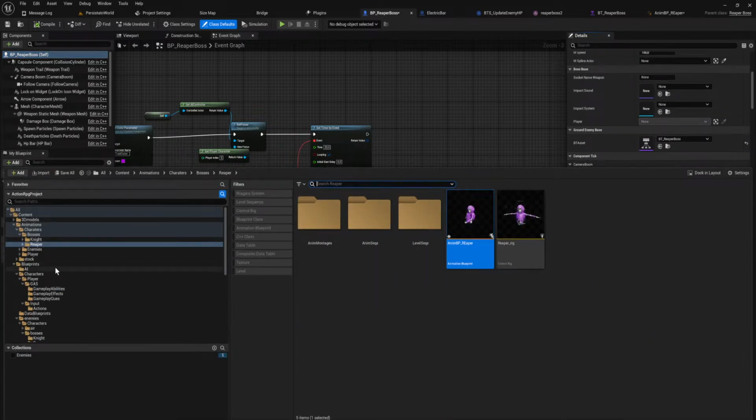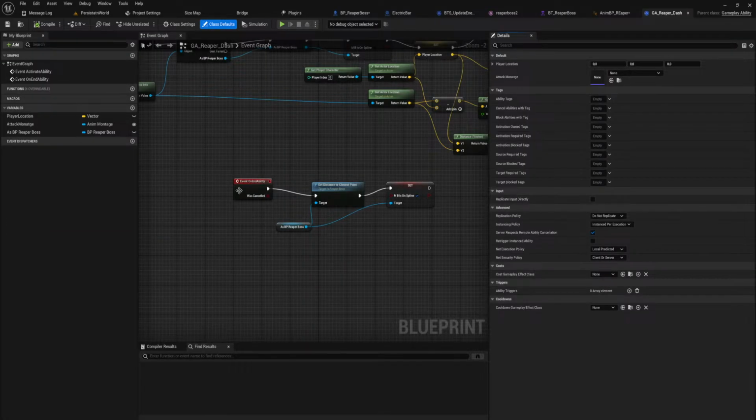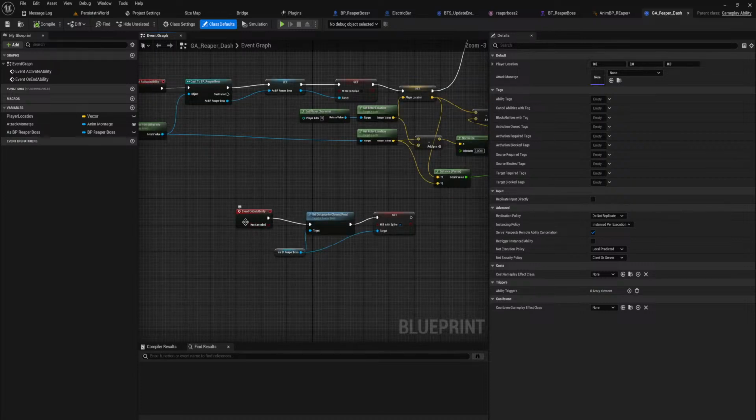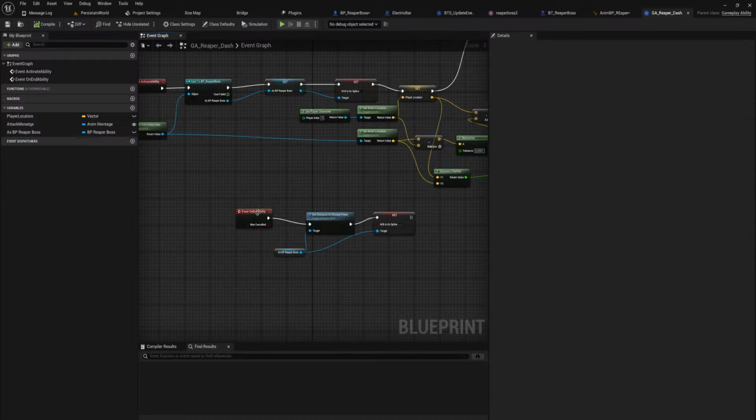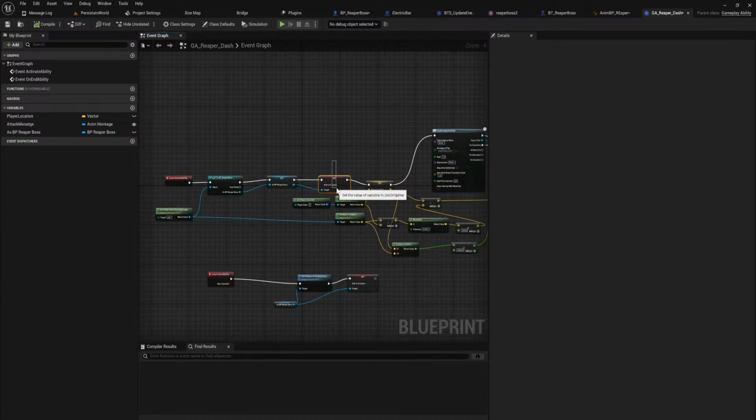We can just open those through there. We've got the Reaper Dash, which is the base ability. So on an ability, it should be setting itself back to being able to be on spline. This does set it to being not on the spline.